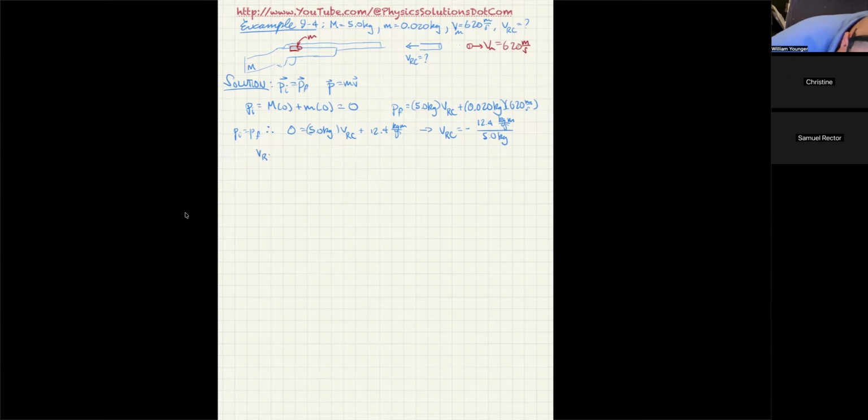So we get V recoil is equal to, 5 goes into 12 two times, 2.4 is left over. 2.4 is almost half of 5, so we're going to say this is roughly 2.4 something, 2.5 maybe. And in fact, if you compute it, it's about 2.5 meters per second is the final velocity. And the negative shows us that it did, in fact, go in the opposite direction of the 620, which we consider to be positive. The way I drew it, the 620 is going to the right, and I called that a positive number. The fact that this came out negative is consistent with that.